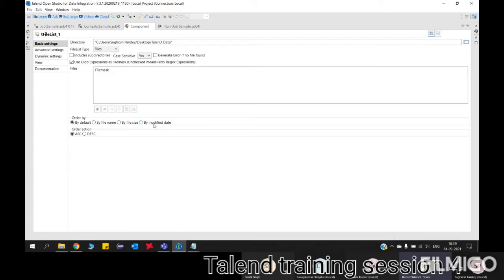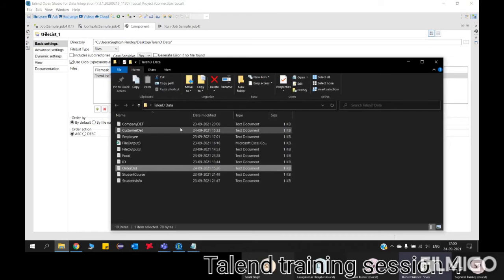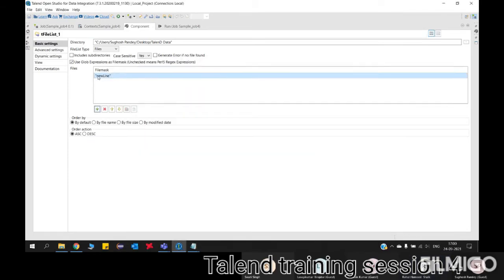And that is another use here. And file mask. So what is file mask? If you want to pick only a specific file from that folder, you can use file mask. Click on the plus button. At file mask, you have the plus button. So in double quotes, what is your file name in the directory? Or if you want to process all .txt files, what you can do is give star.txt in double quotes.